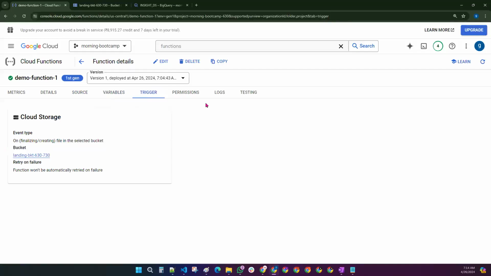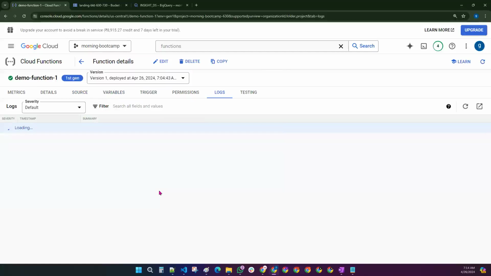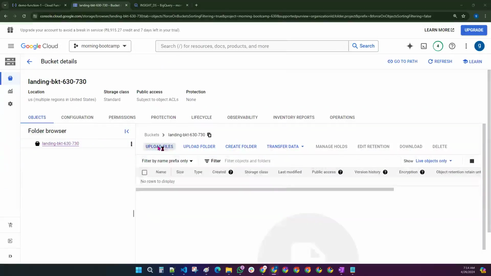The bucket also we have selected. And here we have the logs. Just now the cloud function gets triggered, right? So we can also see the logs if something is happening or not. Okay, what I will do, I'll go to this particular bucket. I will try to upload one file, guys, so that we can see whether it is moving the data or not